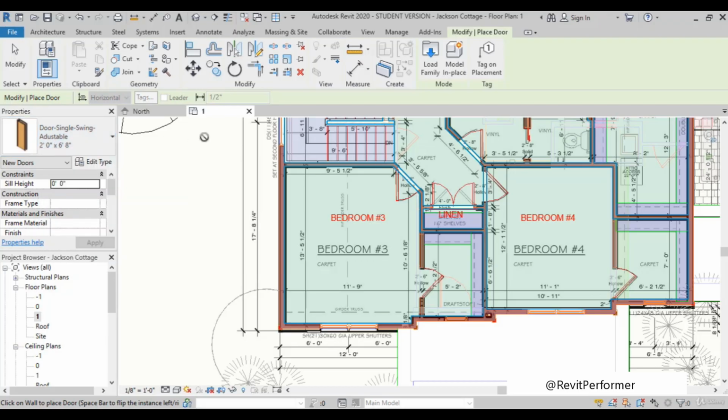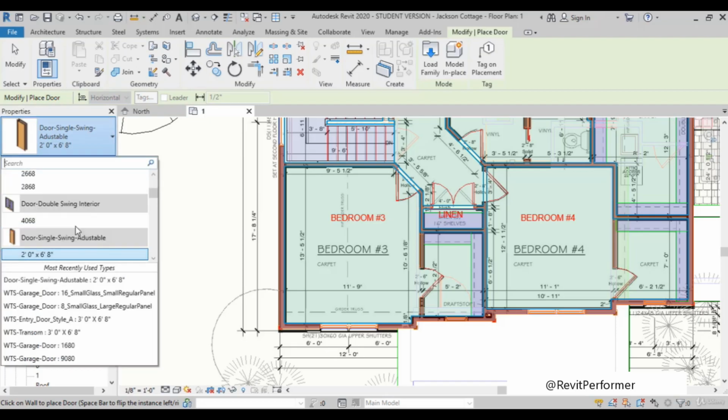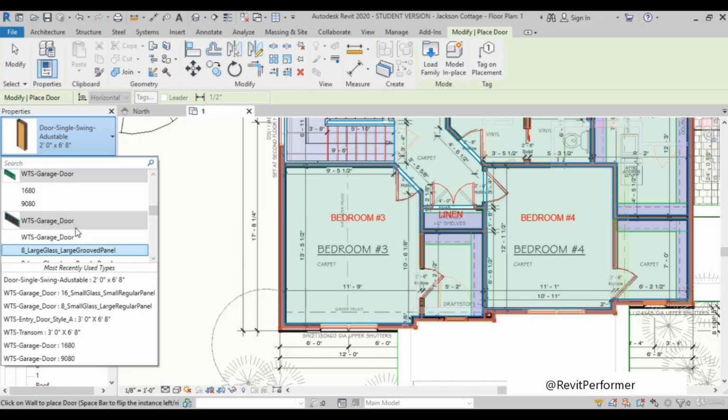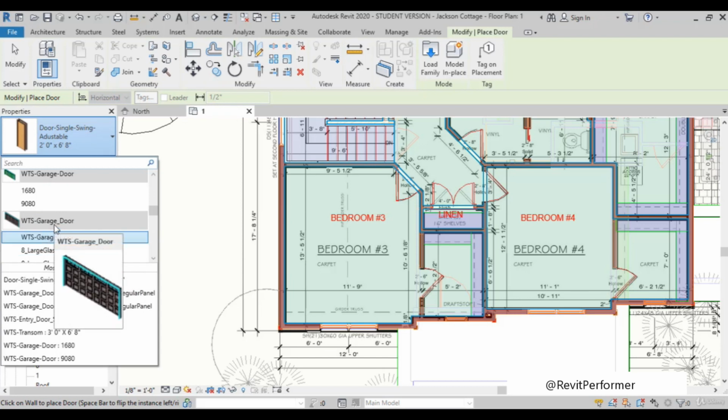If you want to change this door, you can go here and change to the door that you want. Suppose you want the garage door. Just click it here. This is your garage door. Fine. This is to be noted here: when you press door,